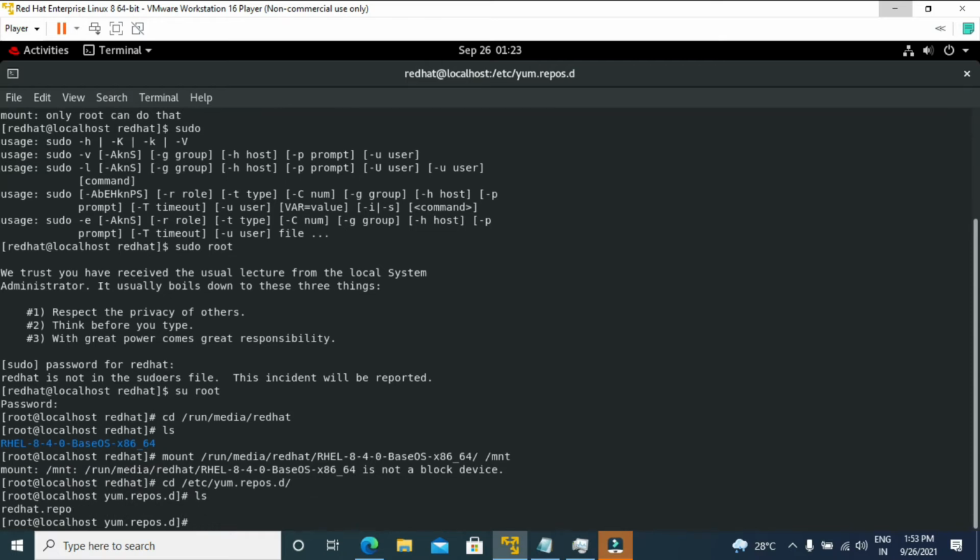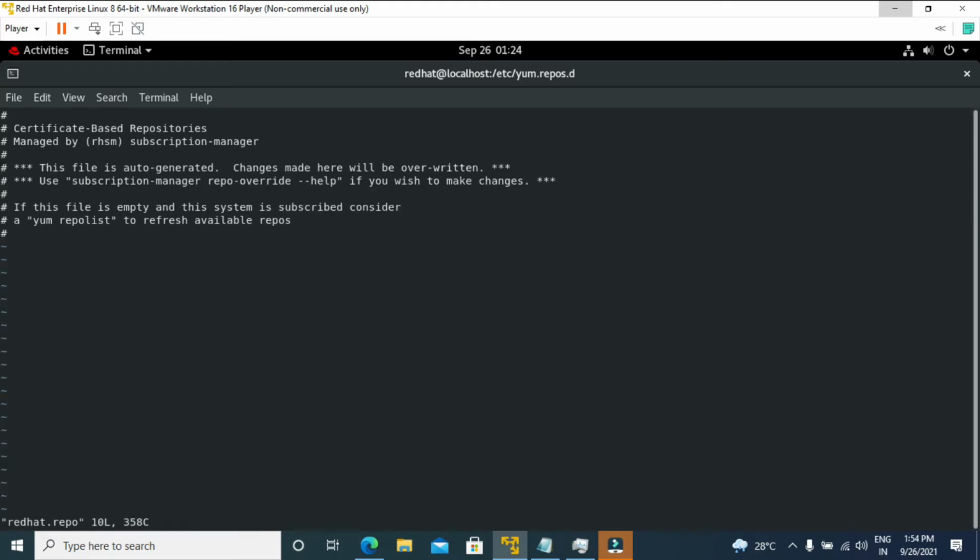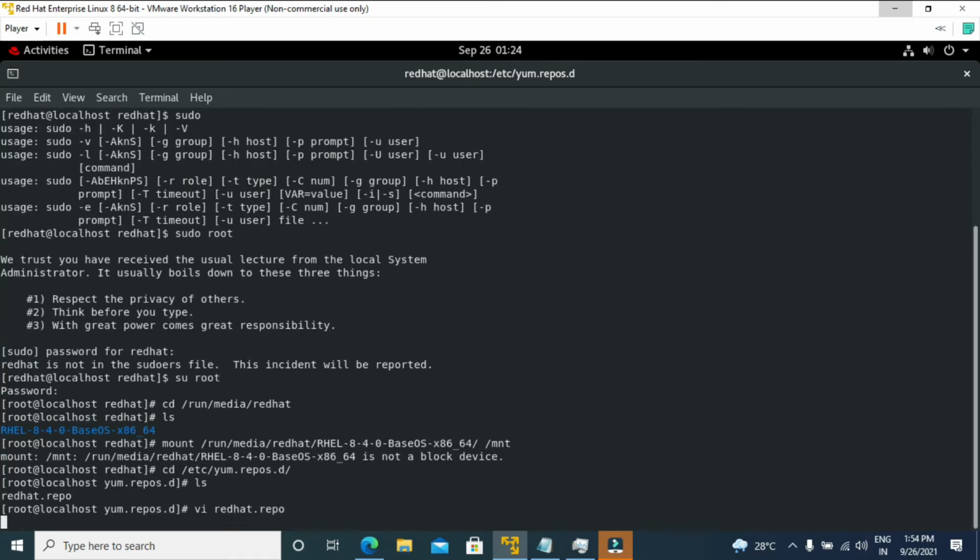If you want to check that particular file, redhat.repo is available, but this one is a non-configuration file, so I should escape from this particular page. Okay, so I should escape :wq.